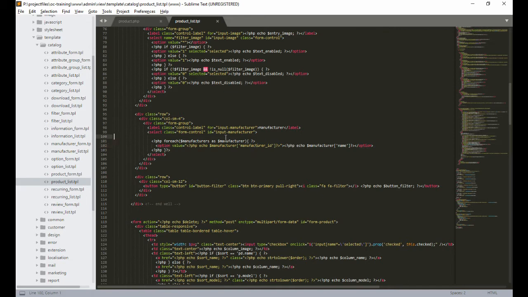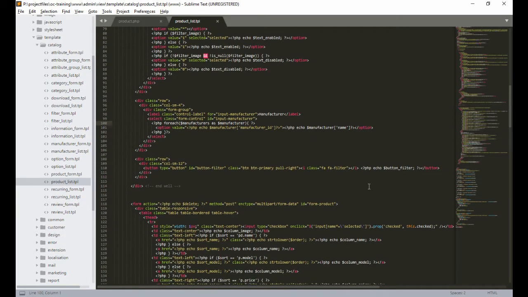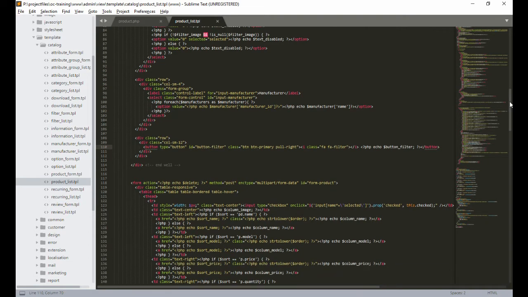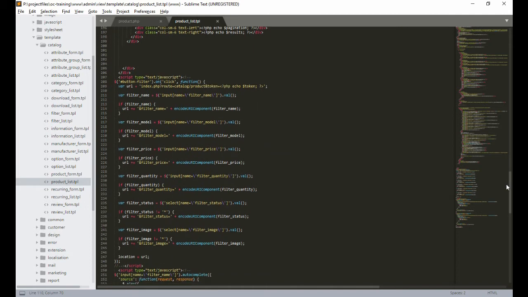Now we need to be able to submit our select box along with the other filters. So that is, of course, controlled by this button filter. And I will save you all of the work and learning. This is controlled by a JavaScript at the bottom of the page. It does not actually submit anything. If we scroll down here, you can see button filter, on click, run this function. Now this function